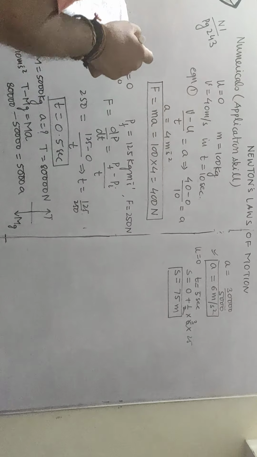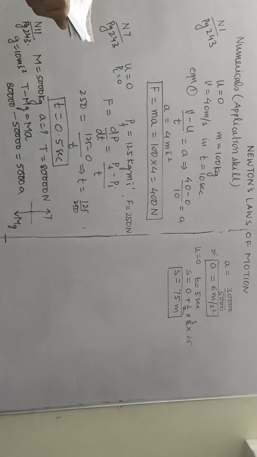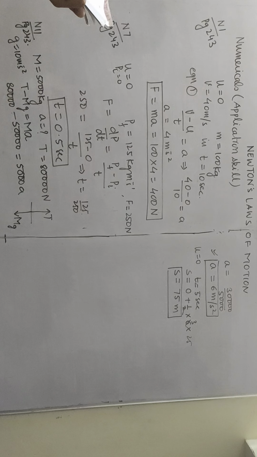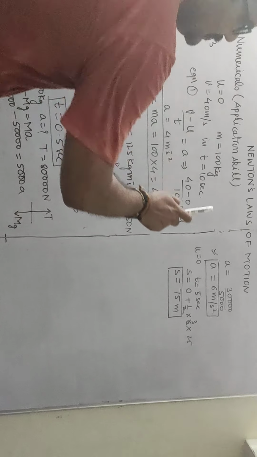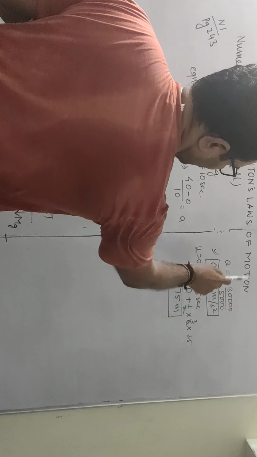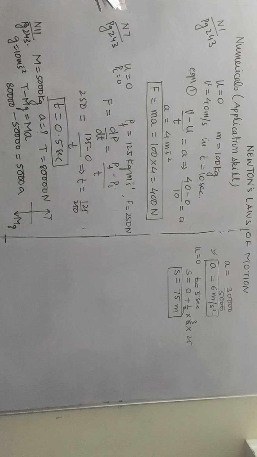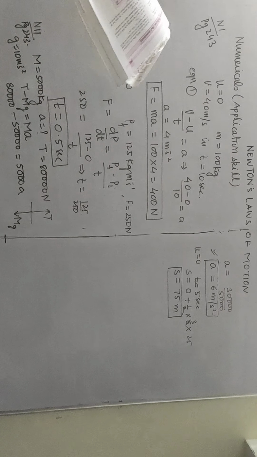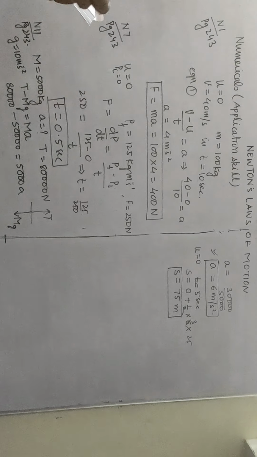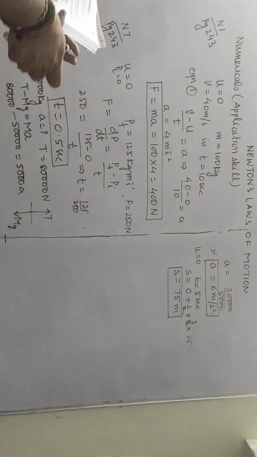You may ask why acceleration due to gravity is not considered. In this case, acceleration due to gravity will be considered only in case of free fall. Here a net force is acting which produces an acceleration of 6 meter per second square. That we have to consider. If that force is not acting and it is falling freely, then we can take acceleration due to gravity in place of a. So in that case, in place of 6 we will take 10. But here a force is acting.